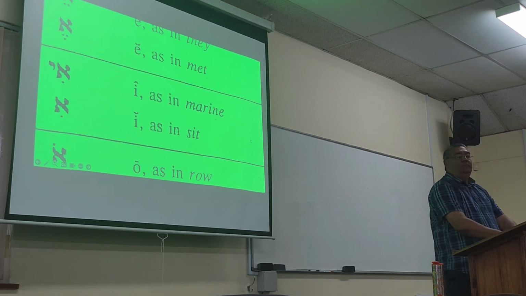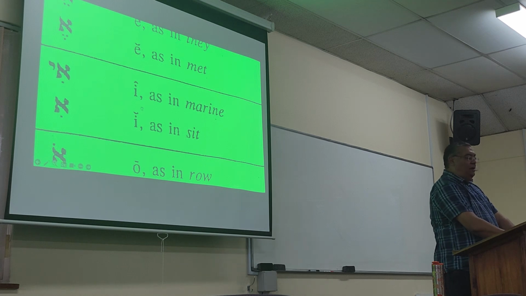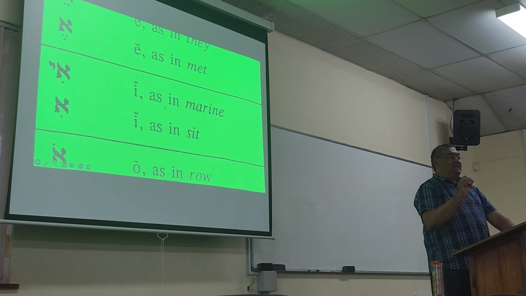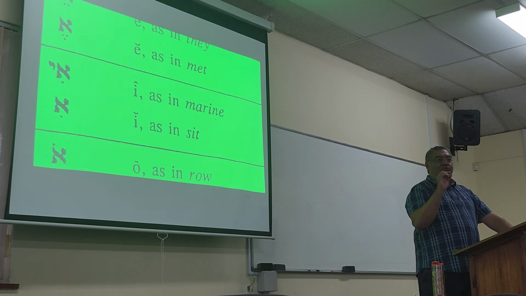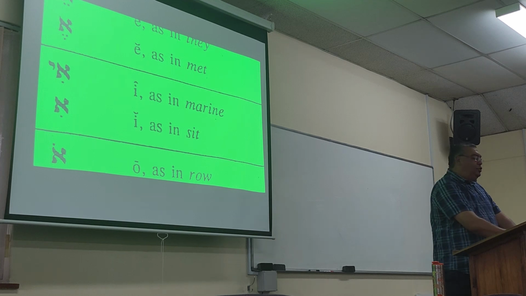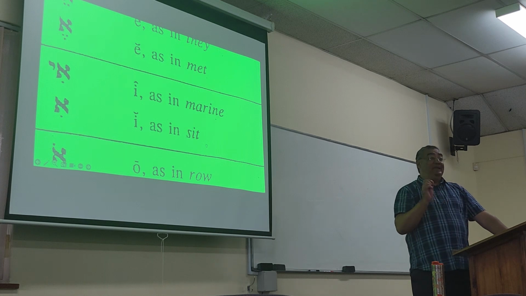How is that illustrated phonetically? Well, your chirik yod will be like your letter I in English with a circumflex. So it's a long I sound, as the I in the word marine. It's a very good illustration of a long I sound. Marine. Your short I sound is the letter I with an upside down circumflex, as in the word, American